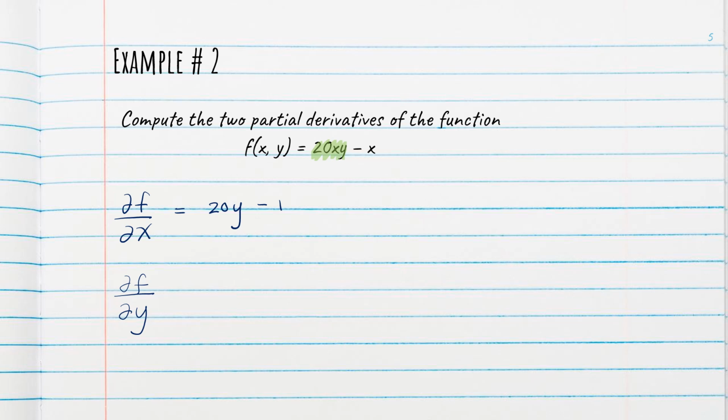So when we take this partial derivative with respect to y, we notice that x and y coexist in the first term, so we have to remind ourselves that this partial derivative with respect to y is assuming that x is held constant. So 20 is a constant and x is a constant, and those two terms are both multiplied by y to the 1 power. So when we differentiate with respect to y, we're just left with the constants, which are 20x.